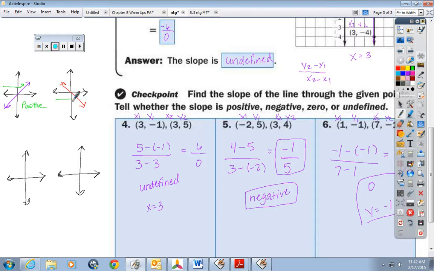Now, what about this line? Does this line have a slope, or is it flat? Flat. No slope. So, therefore, it is a 0 slope. Now, what about this line right here? It is